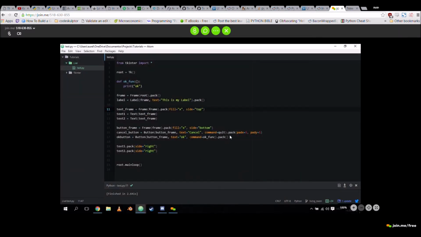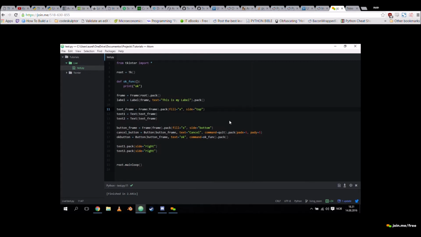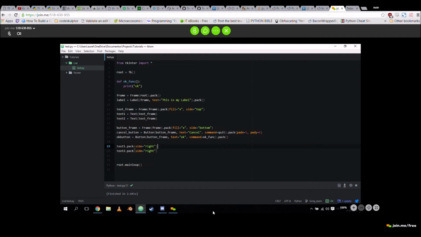The button works like, I already said this before. I add a button, I add a command, and in the command, put the name of a function. And the function is up here, and then it just runs the function. Very simple. There's some tricks I can do with a lambda if you want to add commands to it.